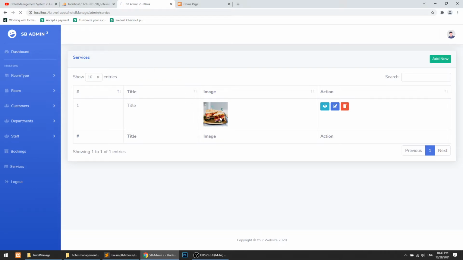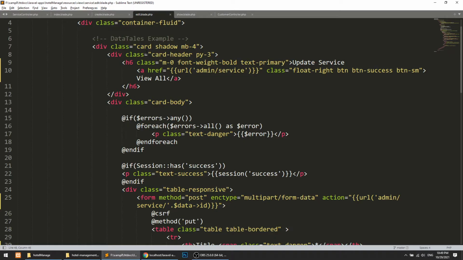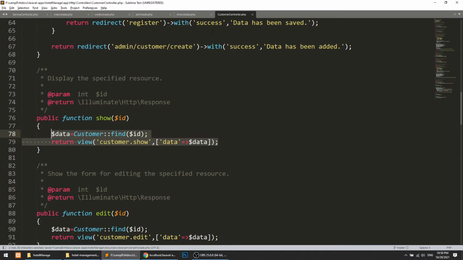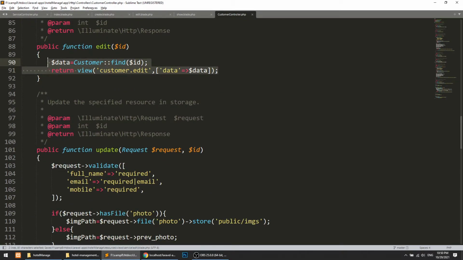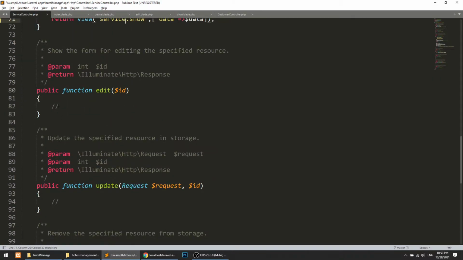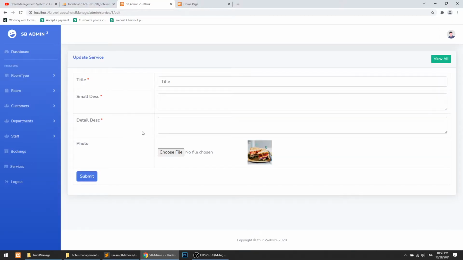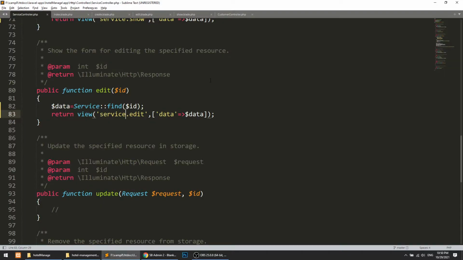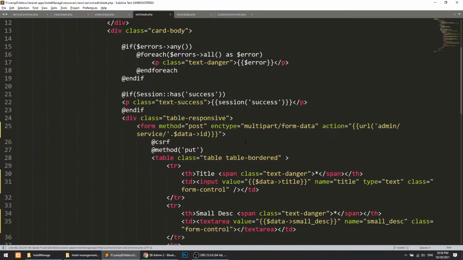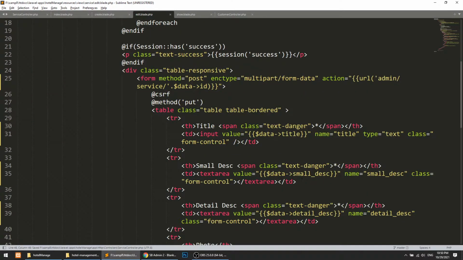Let's go to the edit page and click on this. So we have service 1 edit. Actually we didn't define anything in our edit method, so it is showing empty. The title and small are okay, but the description is not coming.